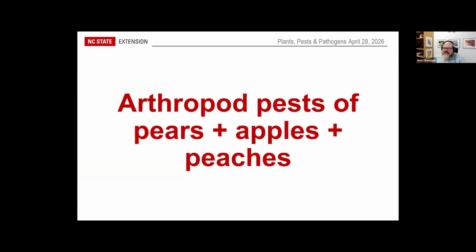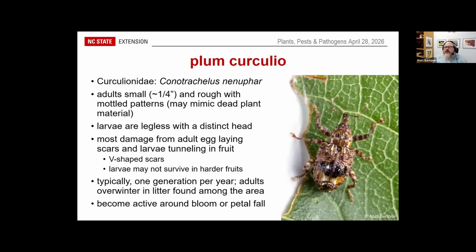So there are a few pests that are found commonly on pears, apples, and peaches. And the first one I'm going to highlight today is the plum curculio. So curculio is basically just a name for a weevil. So this is specifically a type of weevil in the family Curculionidae. The adults are small and very rough with these mottled patterns. They actually, on the fruits, and you'll see in a second, they mimic dead plant material or even frass and stuff like that coming out of the fruit